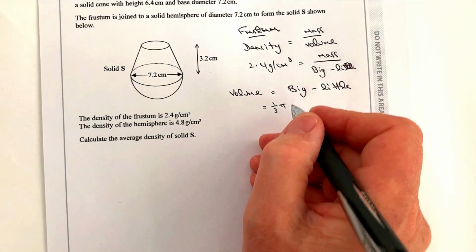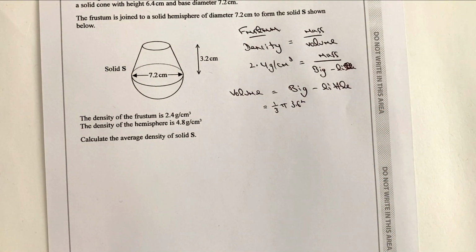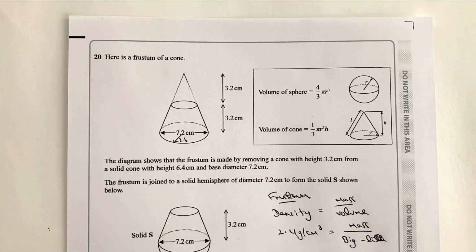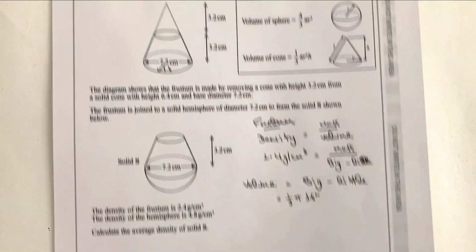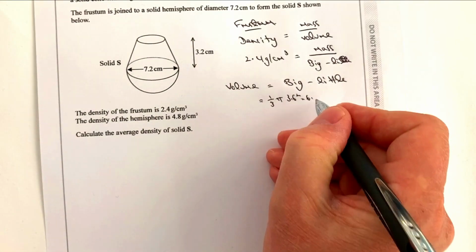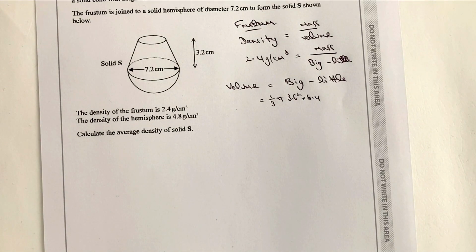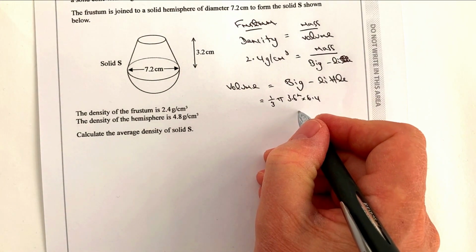So that's going to be 3.6 squared, and the height is going to be the overall height, which is 6.4. Remember, I'm only concentrating on the big cone, times 6.4. I've then got to subtract from that the volume of the smaller cone. Well, this is where hopefully I don't run out too much of paper. I'll write at the bottom here, it's going to be